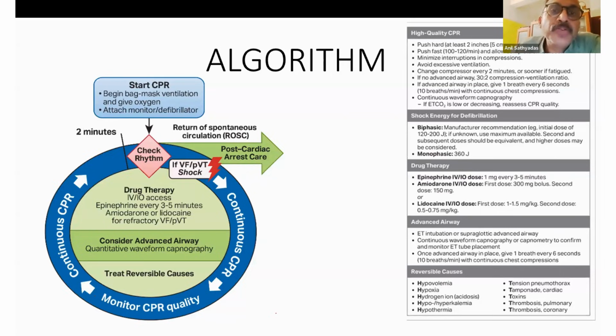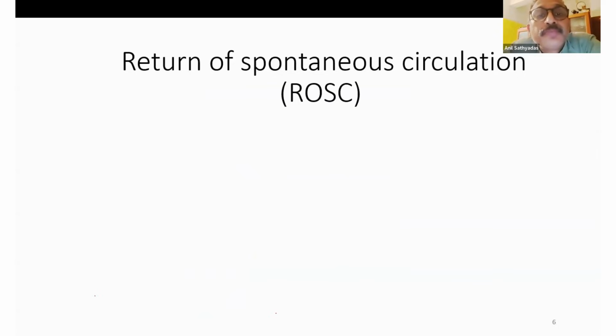As you know, a patient who is having a shockable rhythm, you should give priority for the shock. Meanwhile, continue CPCR. Don't stop CPCR till the defibrillator comes. Say you have a patient who is monitored, and it's not a defibrillator but you have an ECG monitor, and you have found it's VF, and the patient is in cardiac arrest. Don't wait till the defibrillator comes. You have to have good, high quality CPCR going on.